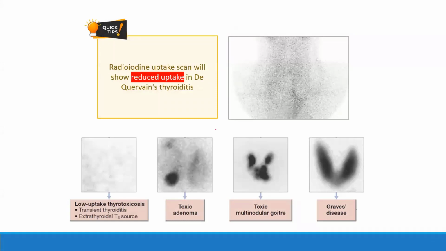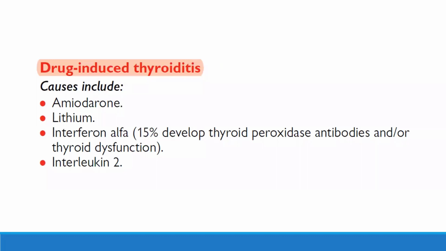And don't forget that for a toxic nodule, the treatment of choice is radioactive iodine ablation. This is the first line treatment in most of our cases, with the exception of course of lactation and pregnancy, or if circumstances are not suitable for radioactive iodine ablation. So the best option is radioactive iodine ablation in most cases. If there is compression from any thyroid nodule, the best option is surgery. This is a very important issue.